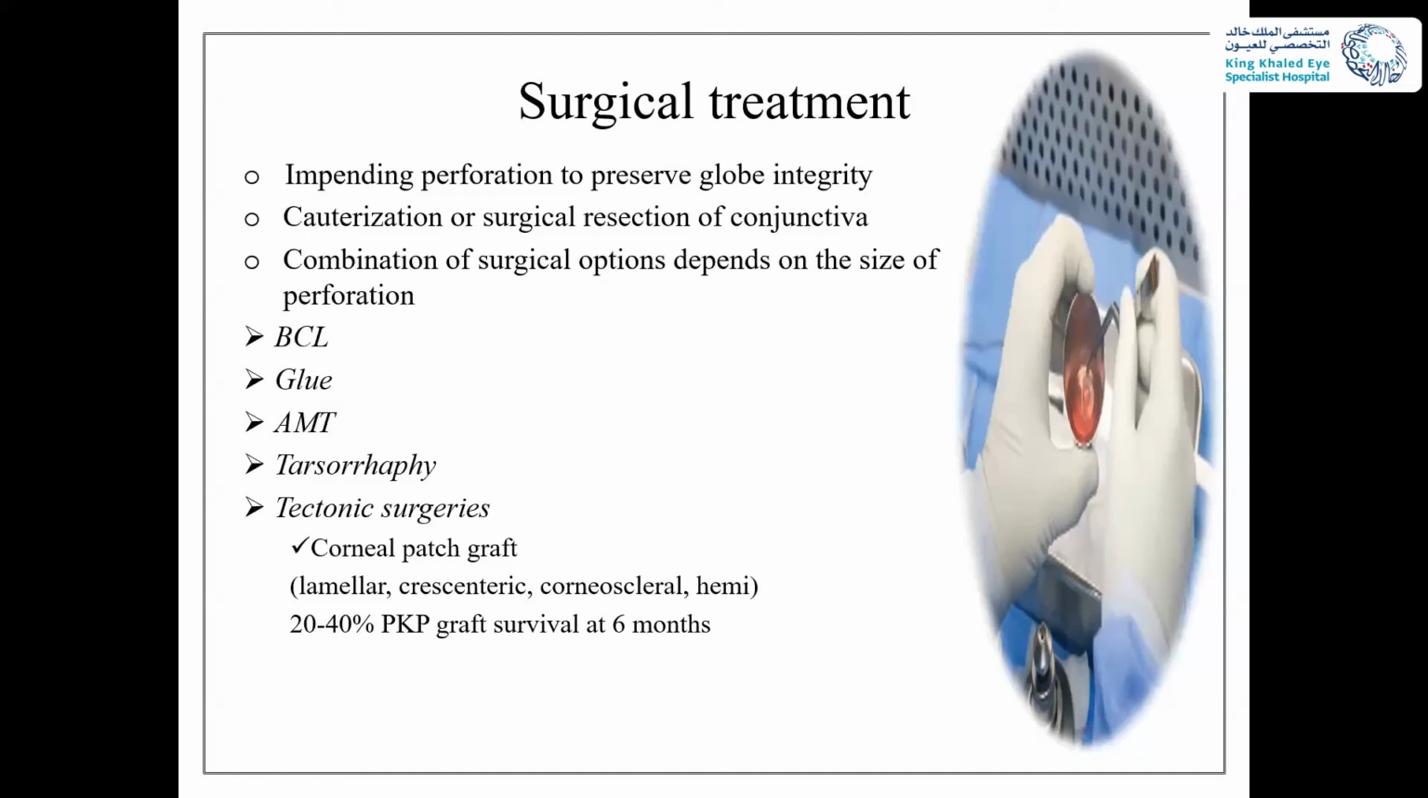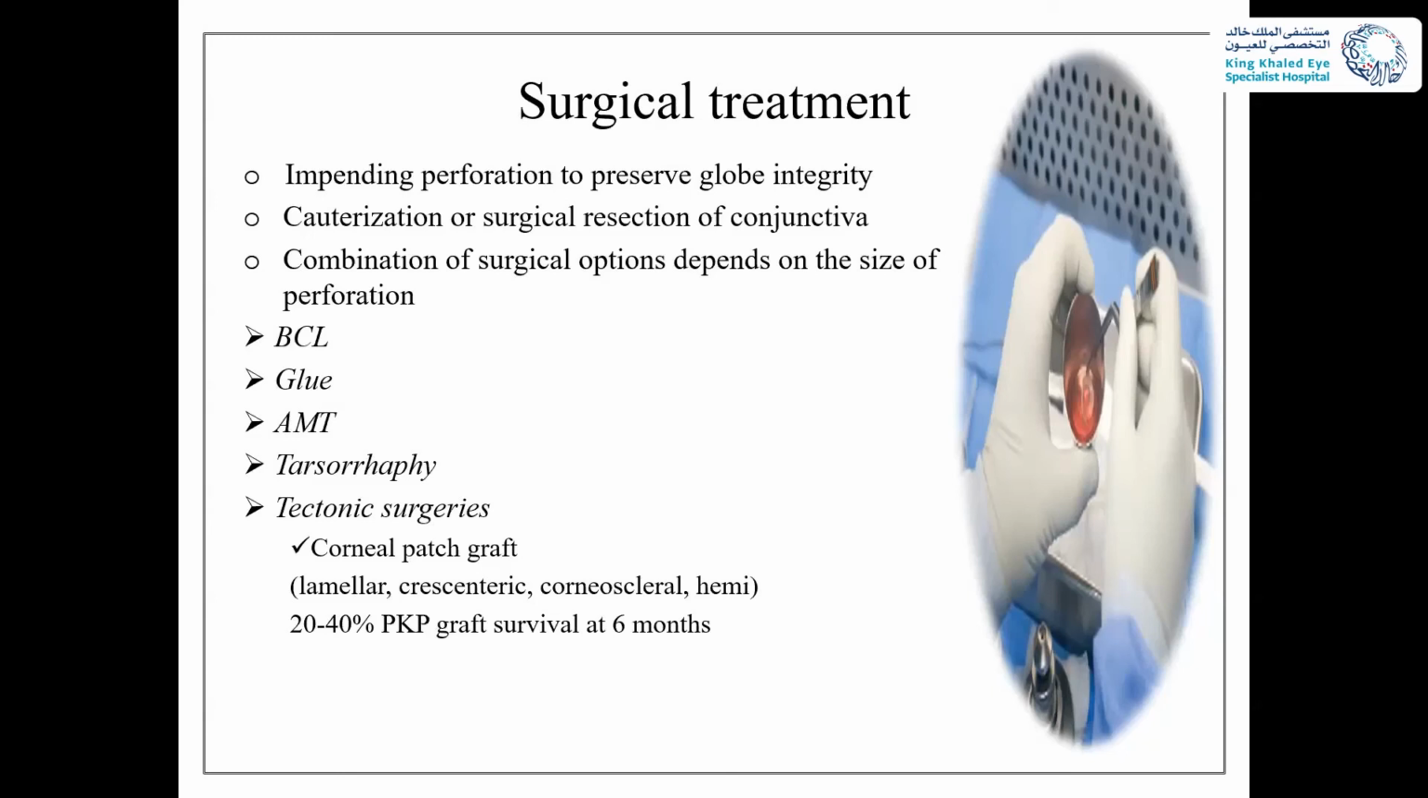We could use a bandage contact lens. We could add a glue, fibrin or cyanoacrylate glue. ANT also can restore globe integrity, corneal integrity, and also can downregulate many of the inflammatory enzymes released during this kind of inflammation. Capsulorrhaphy is also a valuable tool. Tectonic surgeries like corneal patch graft, lamellar, concentric, corneoscleral, or hemipatch graft